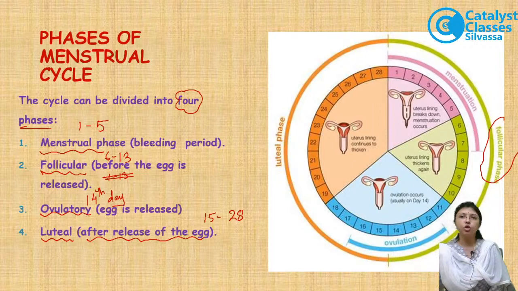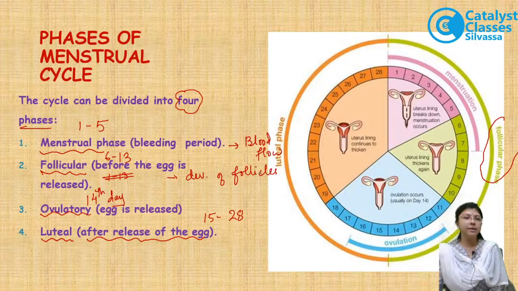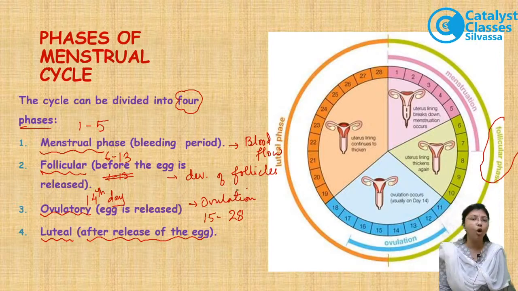अब आप लोग समझ लो, menstrual phase में एक्चुअली क्या हो रहा है? ब्लड फ्लो, यानी कि आप कह सकते हो ब्लीडिंग हो रहा है. फॉलिकुलर फेज में क्या हो रहा है? There is development of the follicles taking place, है ना बच्चों. ओव्यूलेटरी फेज में क्या होता है? ओव्यूलेशन, यानी कि secondary oocyte will be released from the ovary and it is then going to enter into the